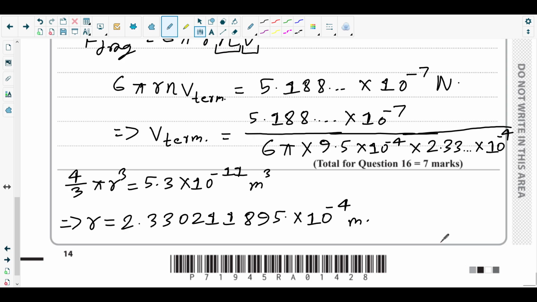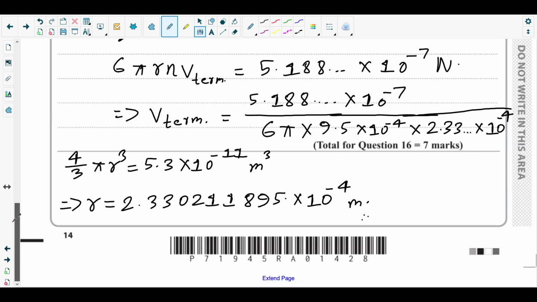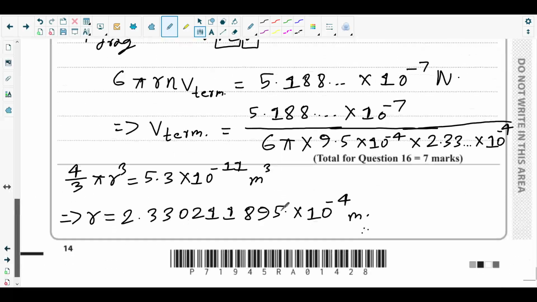In the denominator we have 6 pi times 9.5 times 10 to the minus 4 times the radius of the bubble, 2.3302111895, which is saved in my calculator. So the terminal velocity v terminal is equal to